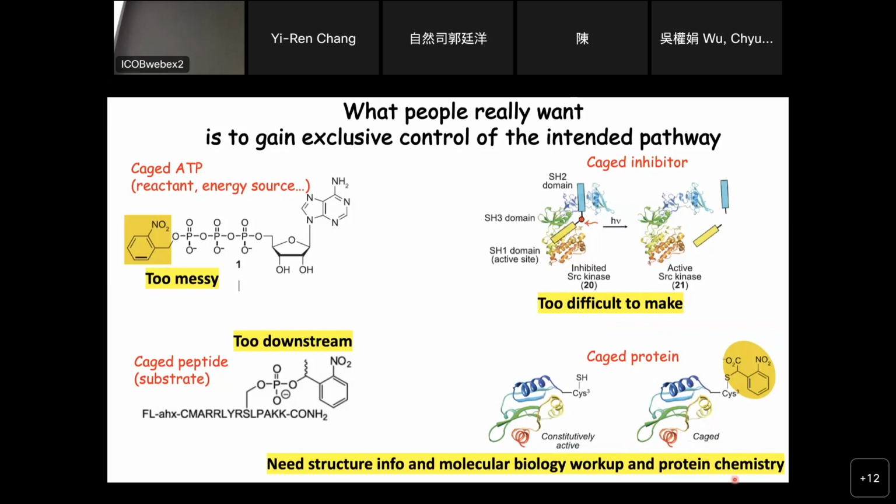Just hearing protein chemistry, you don't know what difficulties lie underneath. If you are a good organic chemist, you will think the chemistry is relatively easy. But actually it's not, because all the chemistry has to be in an aqueous solution, and it's very likely that your chemistry will work but you kill the protein activity. So that's where the